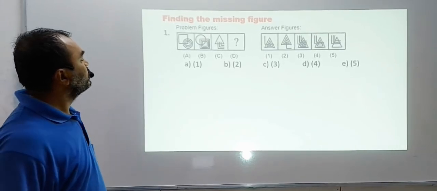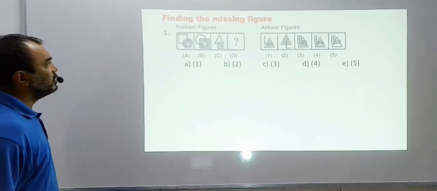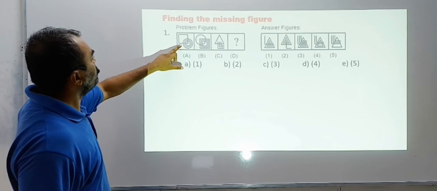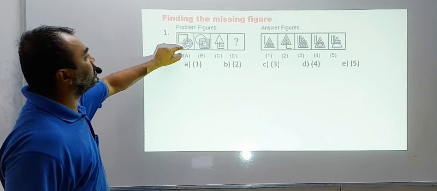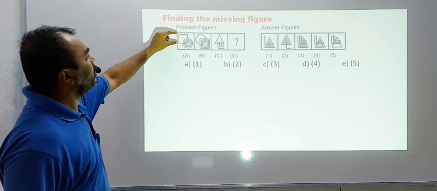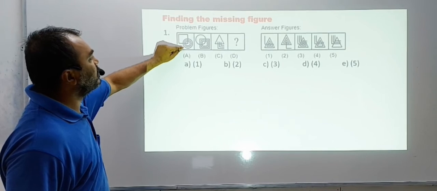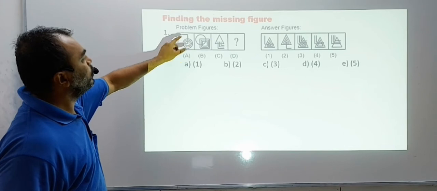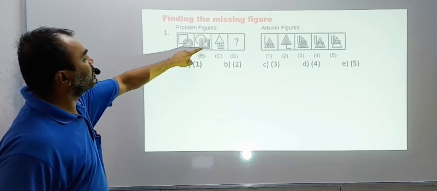So the first one is this figure. Now see the relation between A and B. Take your time, understand the relation, what has happened. There is a square on the top and three concentric circles. Can you see this figure? Understand the figure. A square and 3 concentric circles. Now this circle has exchanged place with the square. Can you see? They both have exchanged places. The circle has gone up, the square has come down.